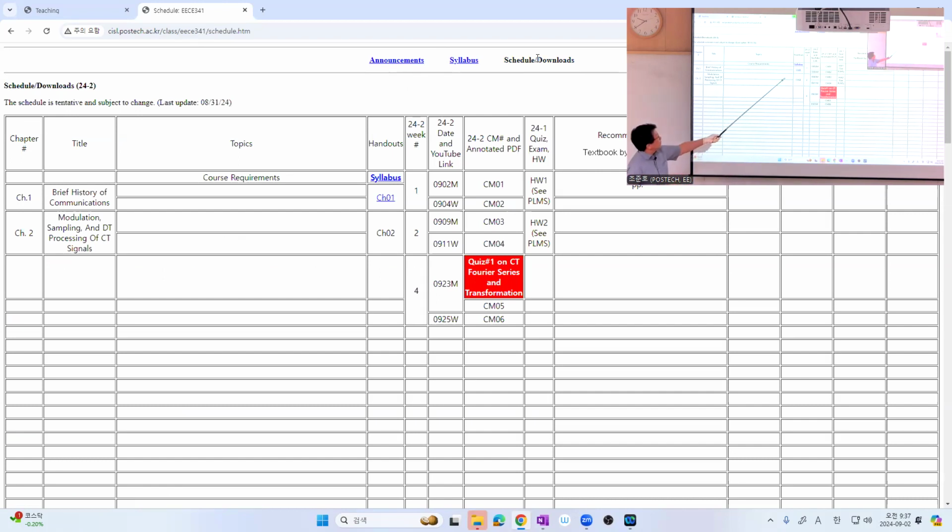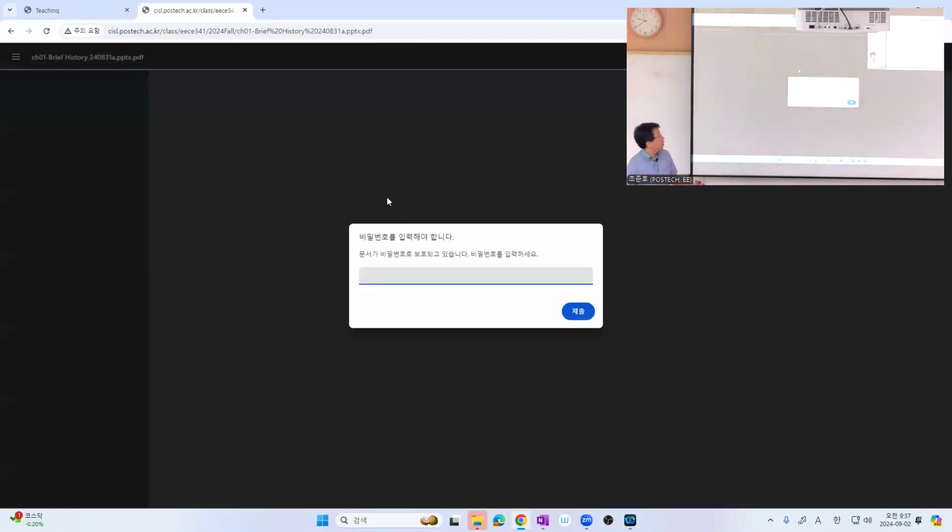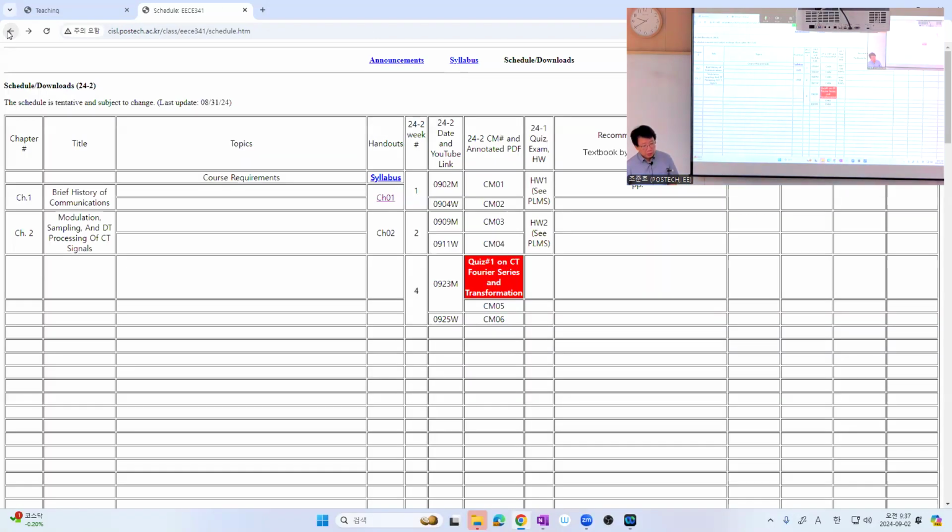Again, on top here, you have the schedule and download link, and you can find today's handout. As I just told you in Korean, if this handout is chapter 01, then when you click it, you are asked to punch in the password, and the password is simply ONE. In this way, you can access most of the course materials, password protected, whether the material is of this course or other courses. For example, if you go to Signals and Systems, schedule and download, and you find some password protected material, again, you type in, for example,